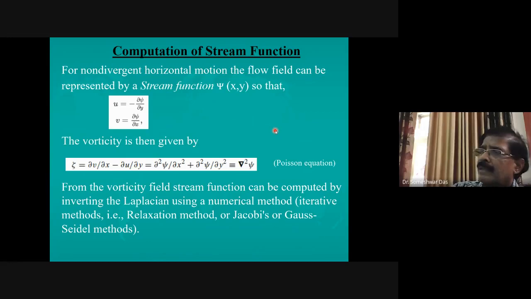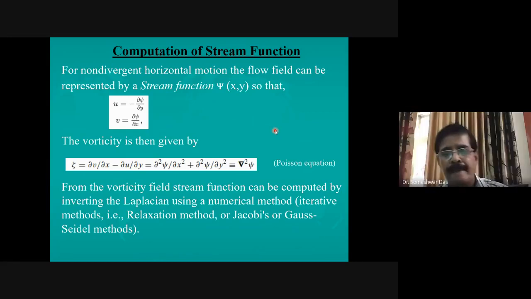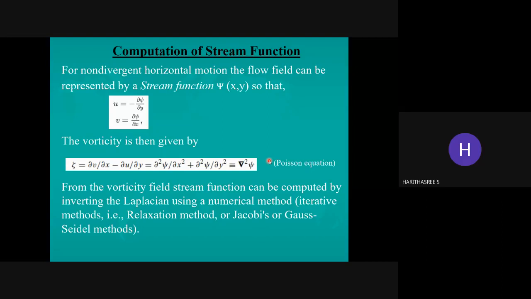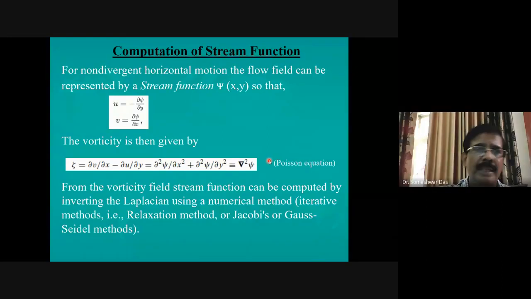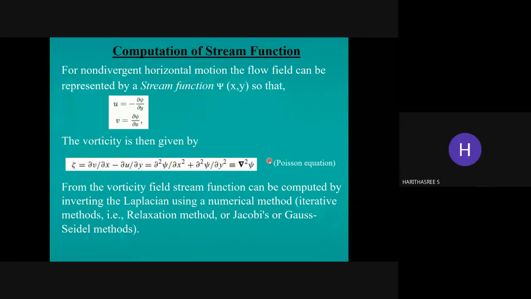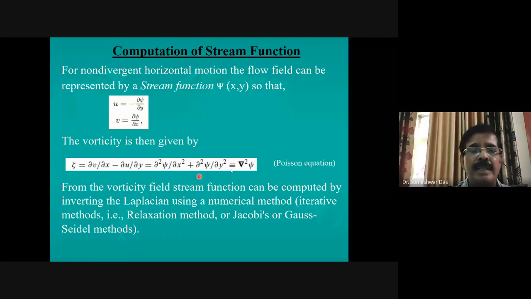Whatever value of zeta you have computed at 200 millibar, use that value of zeta at 200 millibar to compute psi. If you are able to calculate at one level, you can put in a do loop and calculate at all levels later on. But here there is no vertical definition involved. It is only on a horizontal two-dimensional field. Zeta is available on a two-dimensional horizontal field, on pressure surfaces, 200 millibar, 500 millibar. So calculate level by level for all of these.